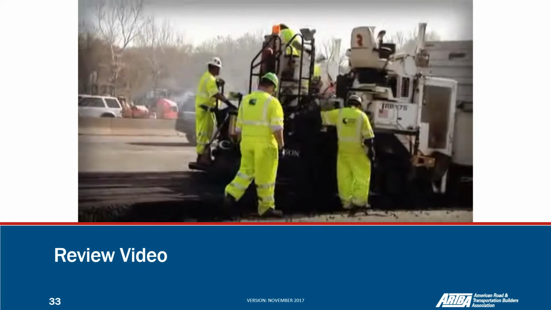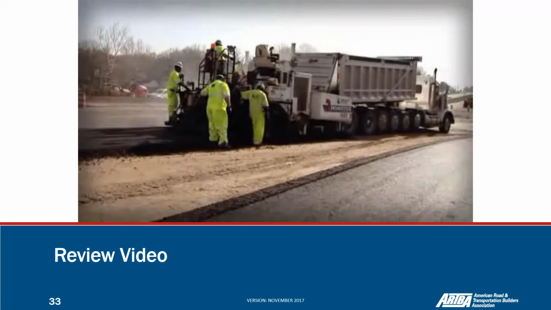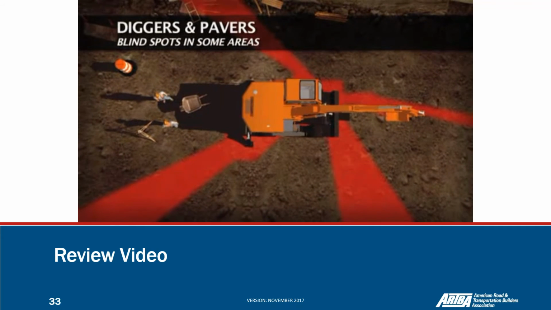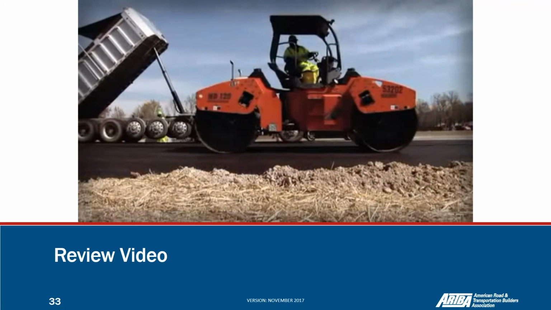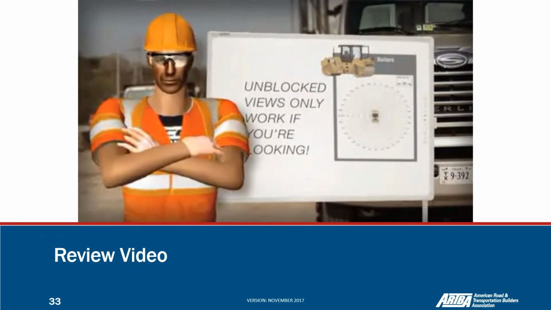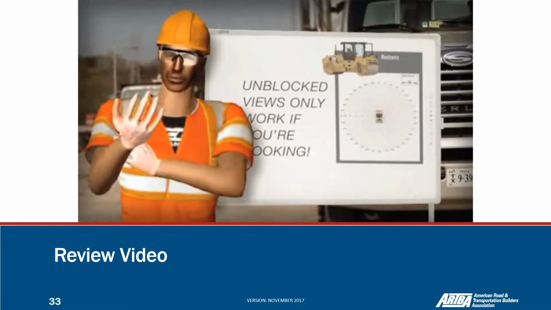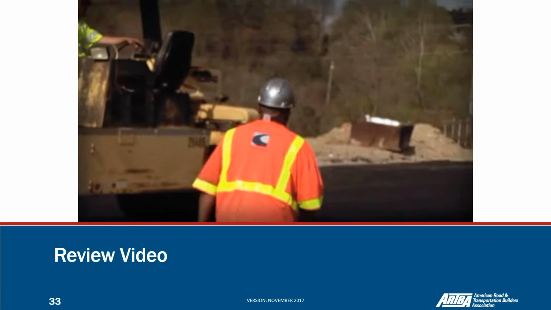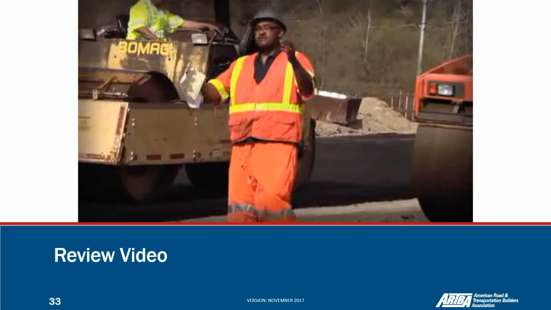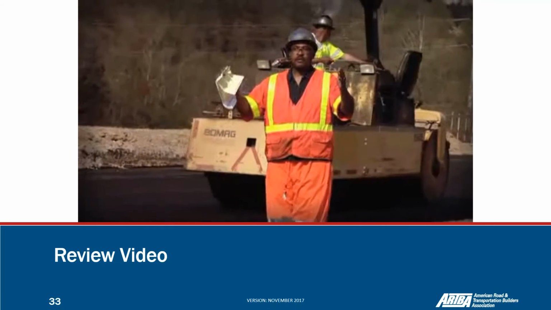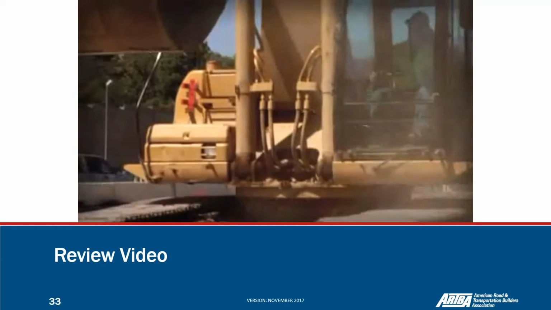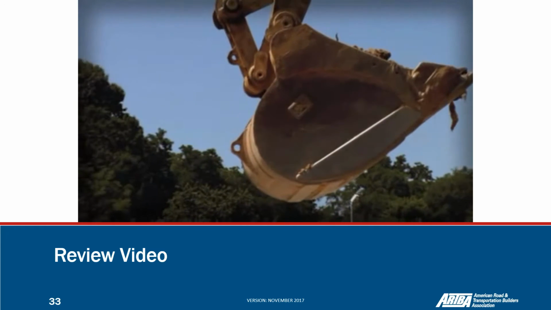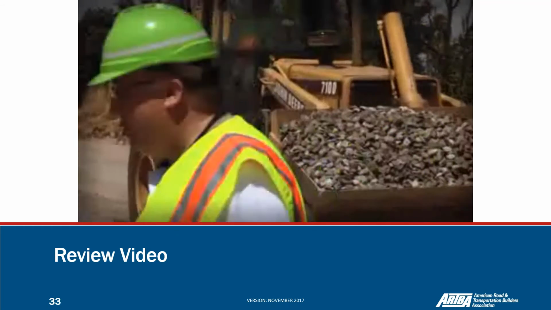Other varieties of equipment, like pavers, have clear views in some directions, but substantial blind spots still remain. Equipment, like rollers, offer the operator a much less obstructed view. Around this equipment, workers can be seen quite well by the operator, if the operator is looking for them. In other words, just because an operator can see workers doesn't mean he or she will see them. Operators and drivers are often focused on their tasks, and if they do not anticipate someone standing or working near their equipment, they may not look for him or her. As such,